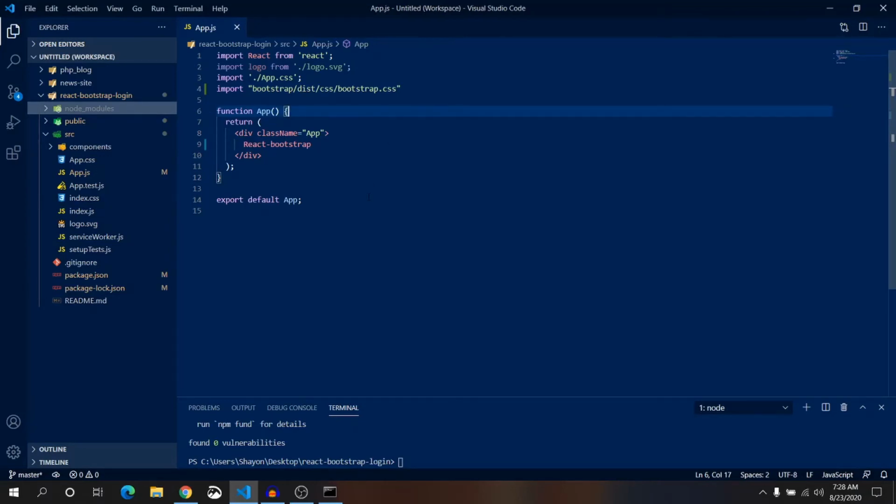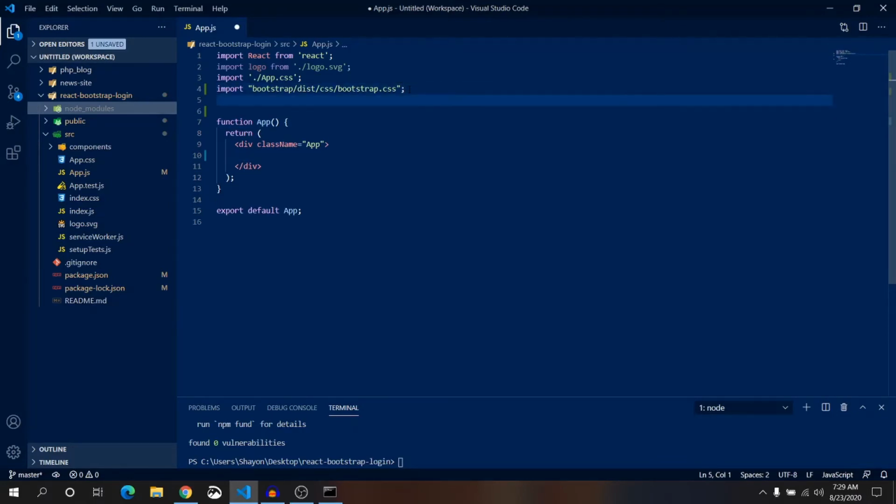Now we can add our component to our project. Let's add a button at first. There are two ways to import a button in our project. Let me show you the first way.